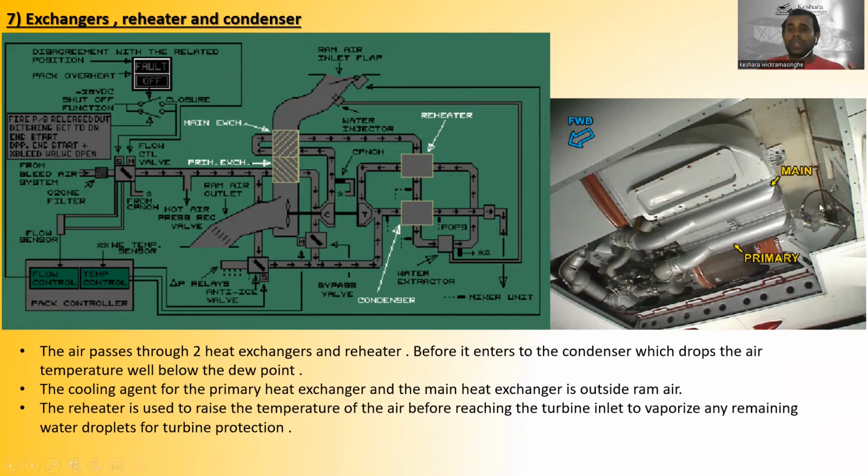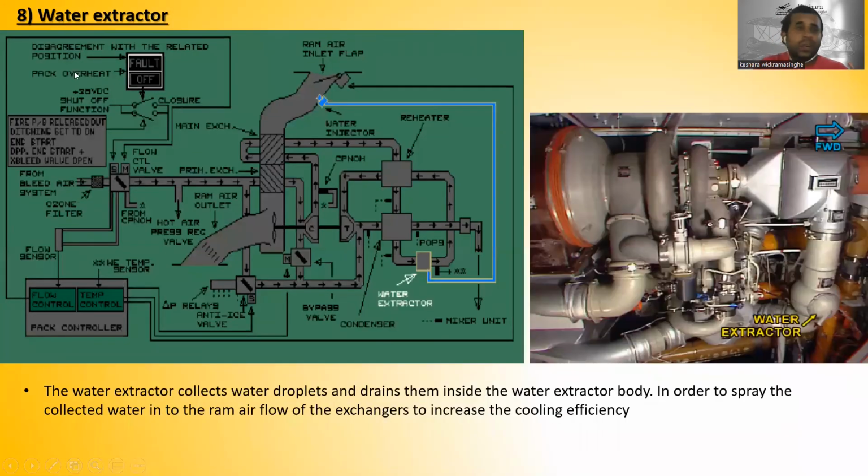Okay, so you can see the main heat exchanger. This is the primary heat exchanger, right? So the water extractor, here is the water extractor. The water extractor collects water droplets and drains them inside the water extractor body. Remember the water extractor, because in here the temperature of the air goes down below dew point. So then the water can be collected, or ice also can be